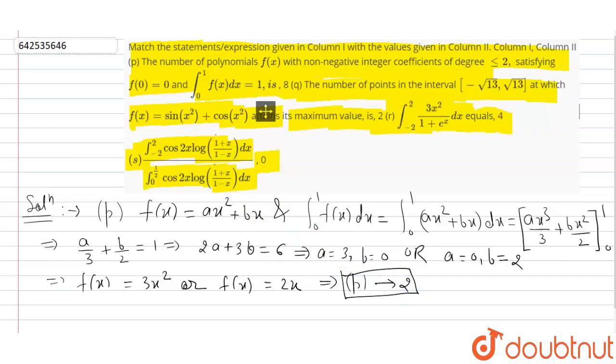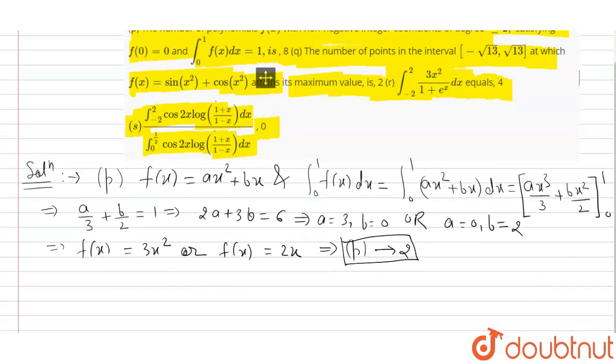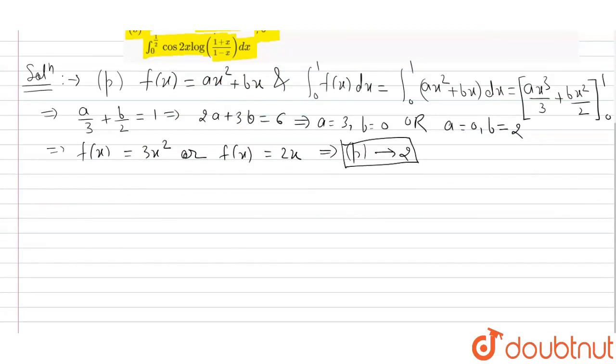Now the second one, let us try to solve the second one. The Q statement says the number of points in the interval minus root 13 to plus root 13 at which f(x) is equal to sine of x square plus cos of x square attains its maximum value. To find its maximum value,